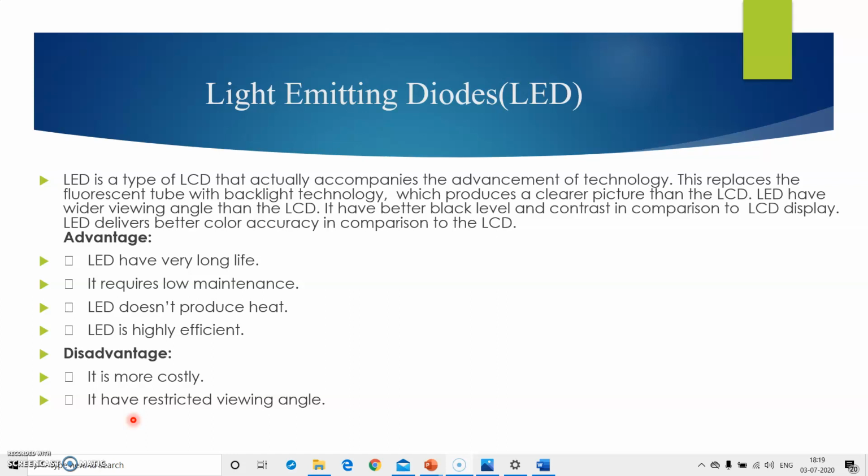Some advantages of LED are: LED have very long life. It requires low maintenance. LED doesn't produce heat. LED is highly effective. There are some disadvantages of LED. It is most costly. It has restricted viewing angle.